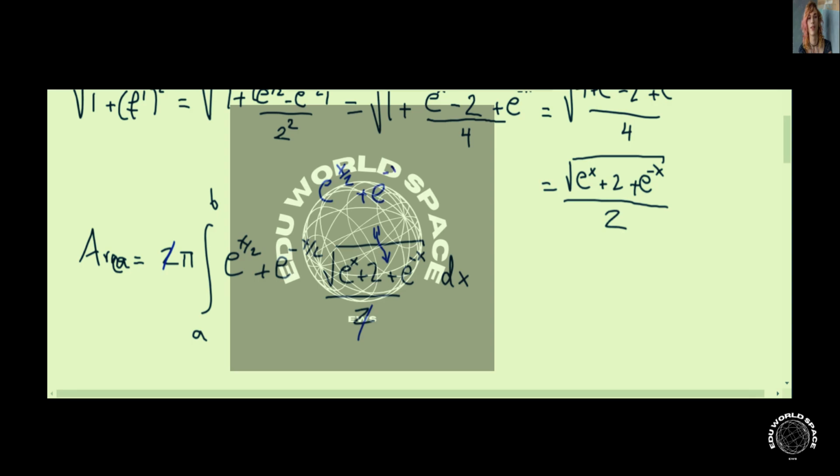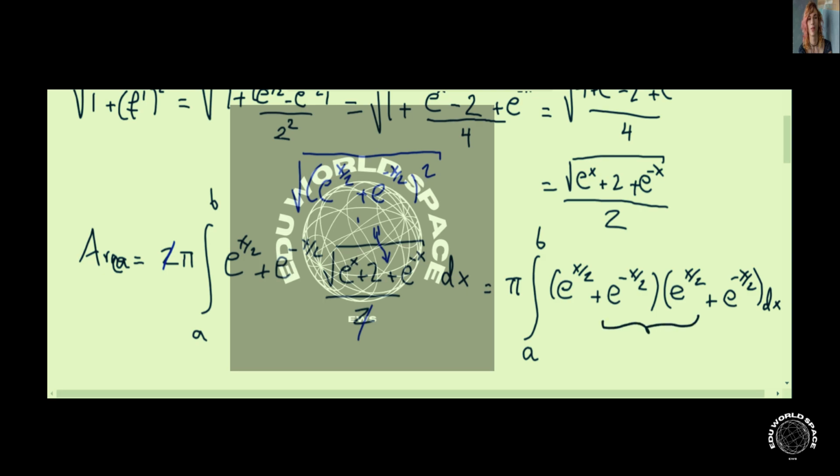If we square that, we're going to obtain this term squared, which is e to the x, the middle term 2 times this times that, which is 1, so 2 times, and then this term squared is e to the minus x. So with the square root, it will cancel because the term is positive, so this area is going to be equal to pi times the integral from a